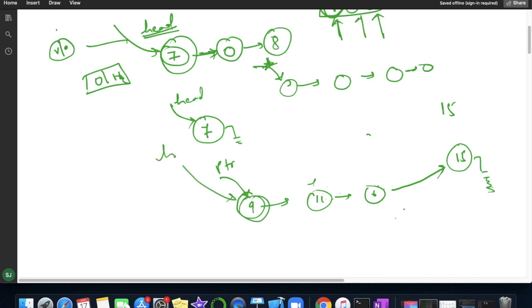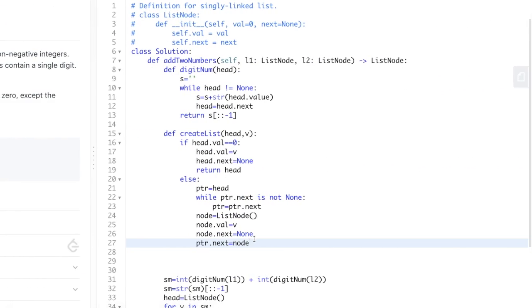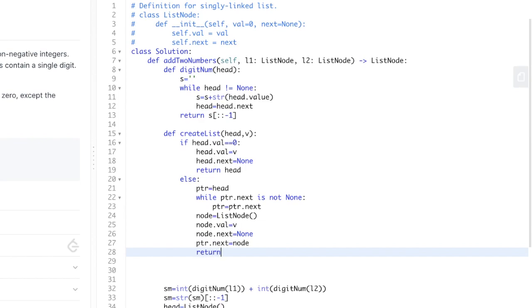This was also head because we have written ptr equal to head. We don't have to lose our head pointer. So head is pointing still to the very first node, and we are iterating with this temporary pointer one by one. So at last, after adding this new node, we will simply return the head pointer. So what we have to do here, return head.